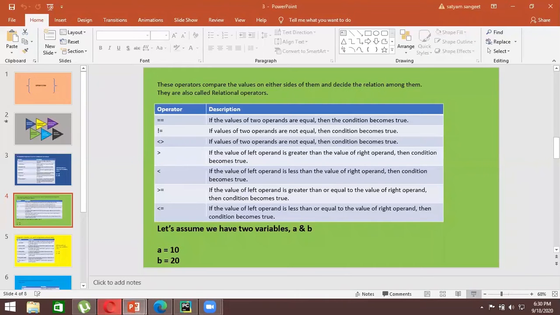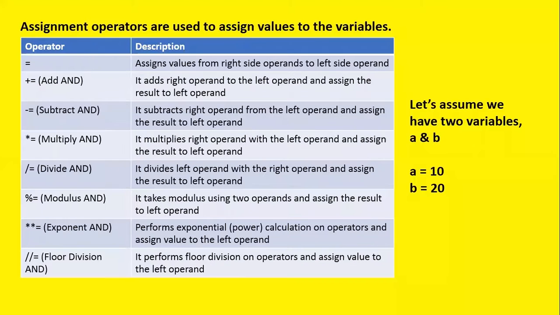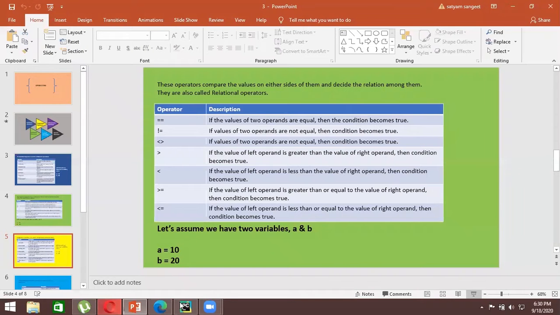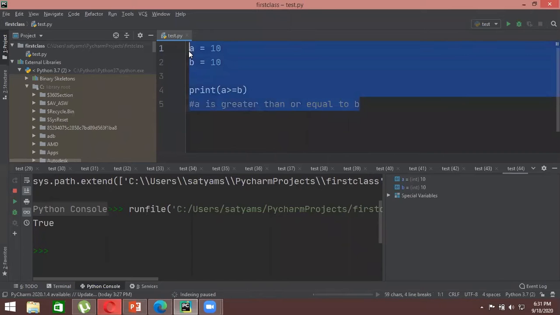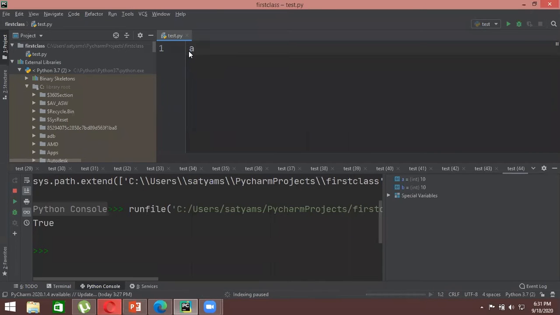We will be coming to your assignment operators. So basically what an assignment operator does is that you are assigning certain values to a variable. Let's say you select a variable a and you give it a particular value, let's say 10. So this is what is known as an assignment. The equal to sign assigns a value to a particular variable, right? So that is our very first assignment operator, that is equal to.